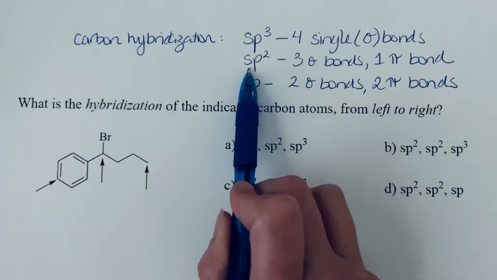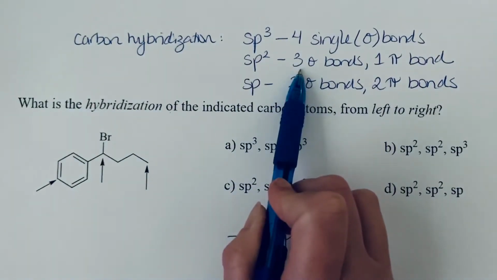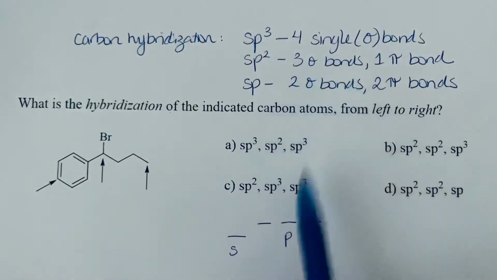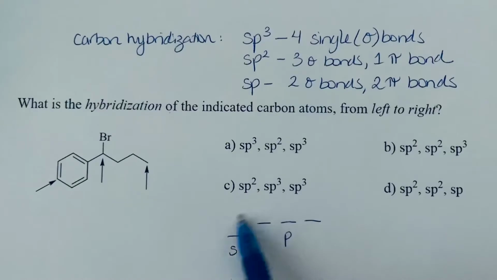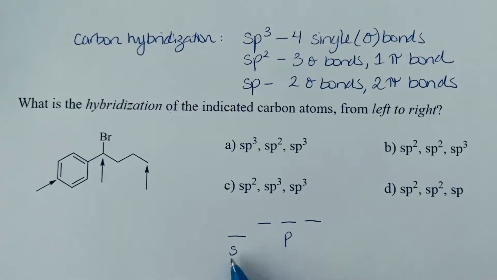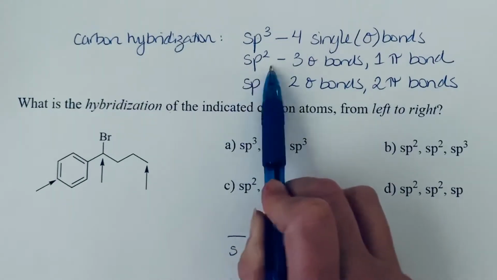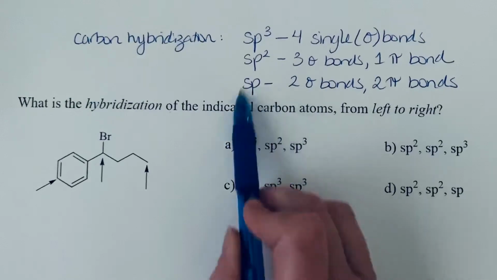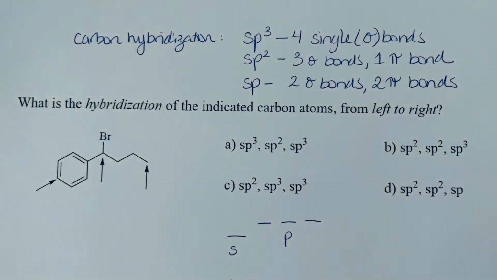If a carbon is forming 3 sigma bonds, then it is sp2 hybridized, because to make those 3 hybrid orbitals, you need to mix together 3 of your atomic orbitals. So you're mixing together 1 s and 2 p, and so we call that sp2 to reflect what we've mixed together. And we can look at a similar description for sp. So from our structure, we want to just be able to recognize sigma bonds and pi bonds to identify the